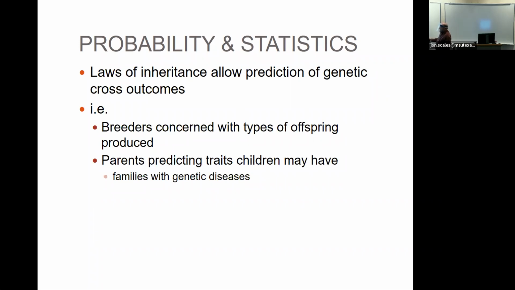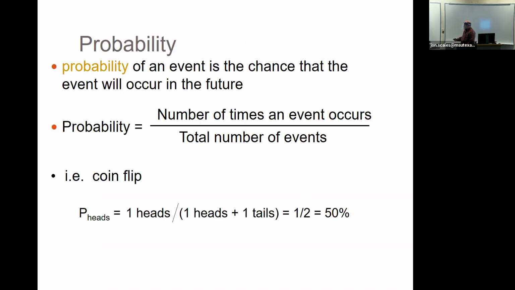Of course, when we think about statistics and genetics, a lot of times people will think about predicting, like, will my child have this particular trait, or what's the likelihood of inheriting a particular phenotype of disease. And that's a big part of what genetic counselors will deal with and do the genetics behind the scenes to give those kinds of answers. Breeders also would be concerned with this because you're looking for a particular type of phenotype for the animal or plant that you're trying to develop.